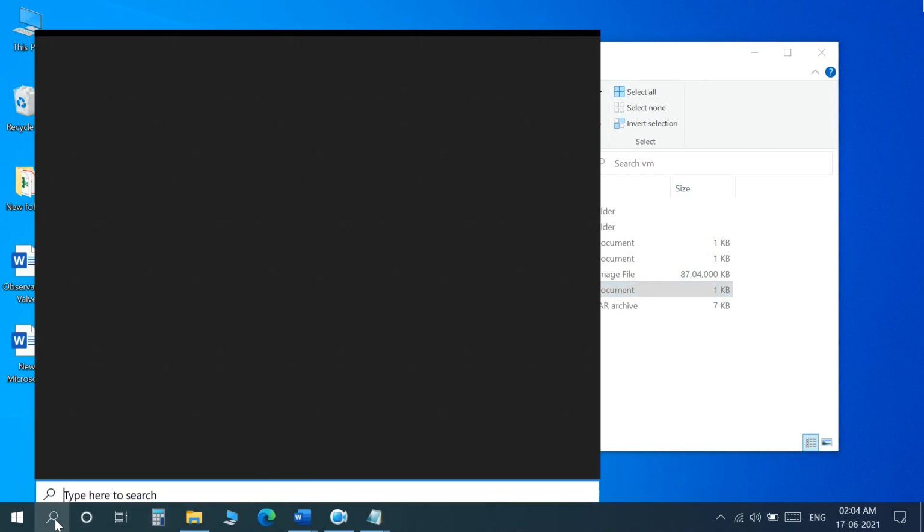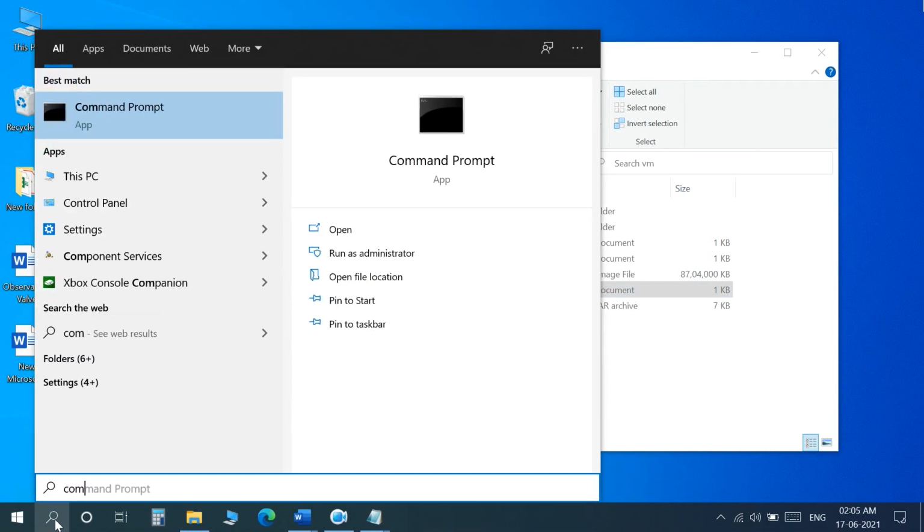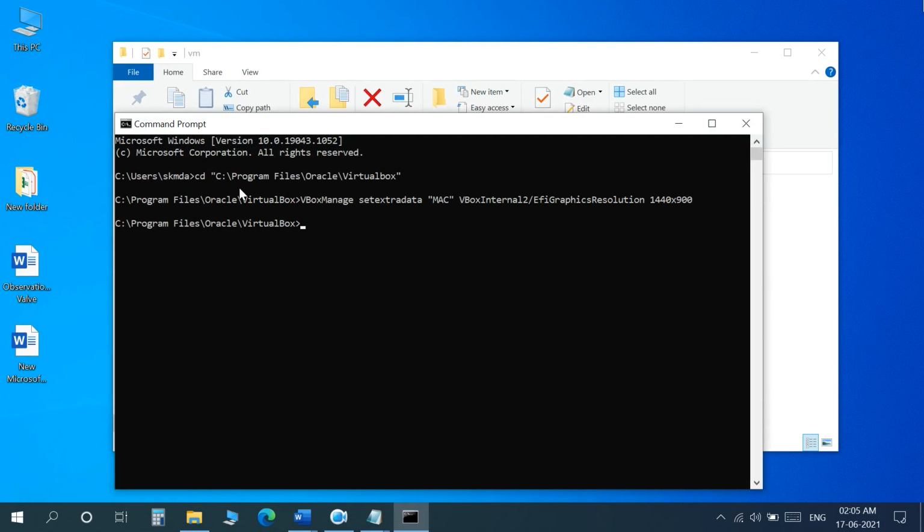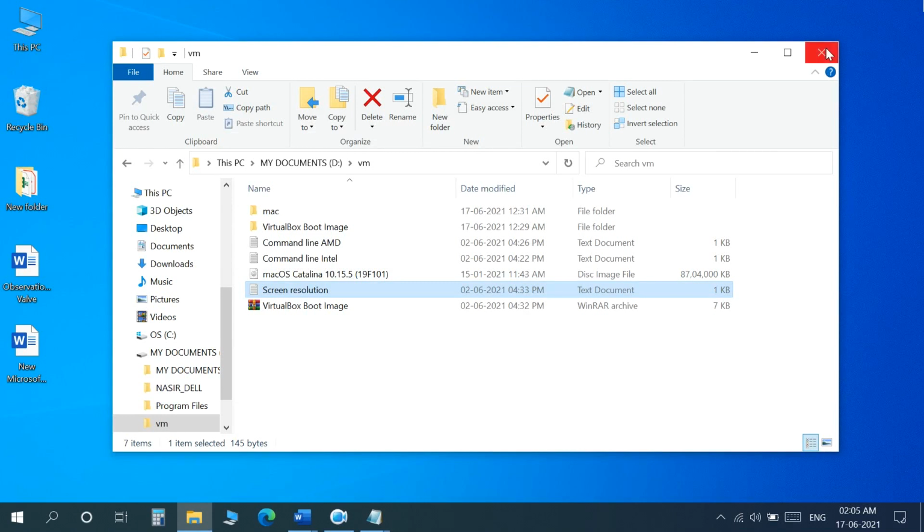Now I will go to search and then type command prompt. And then I will again paste the code and then click enter. Now after that is done, we can close this window.